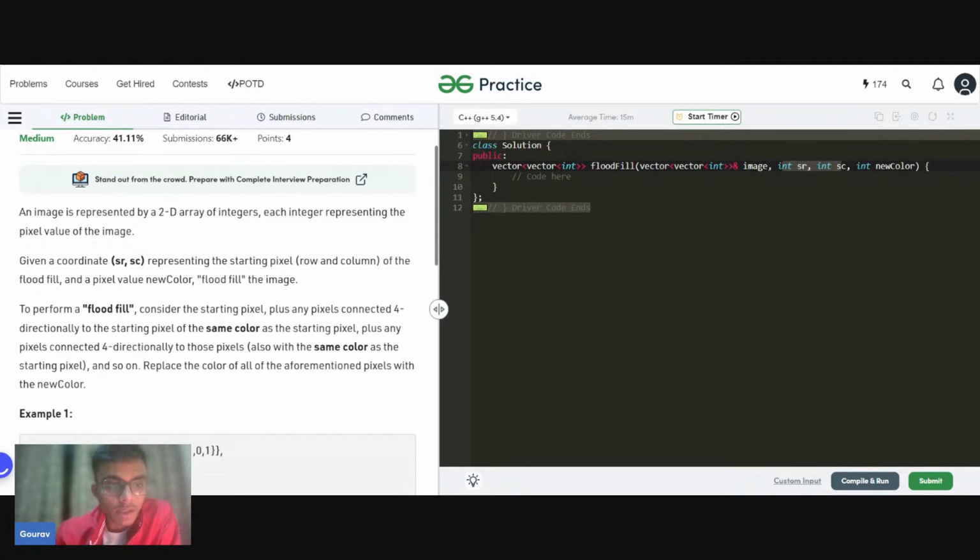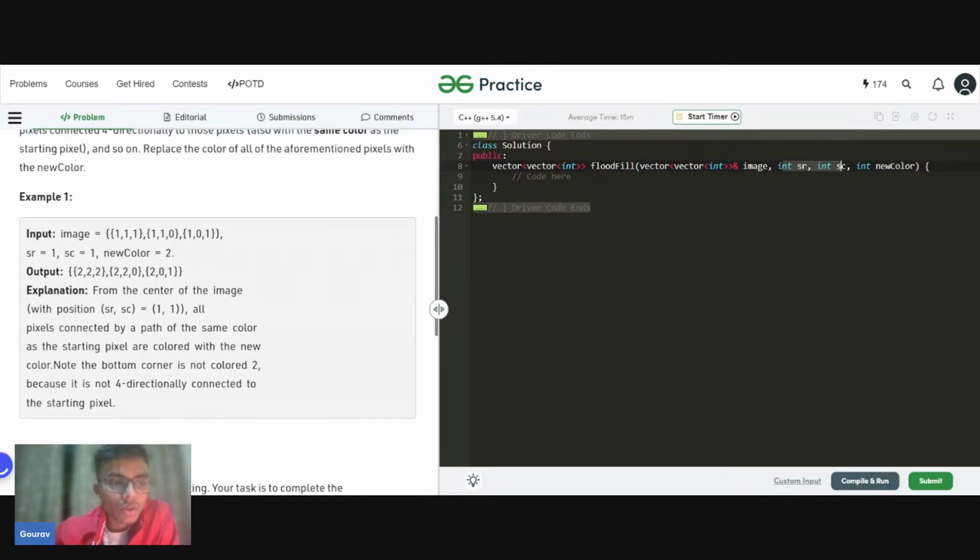So if they are of the same color, we will replace the color of all the aforementioned pixels with the new color. So let's say I am standing at a pixel of color 2, and I will check all the four directions, and I'm able to find a few pixels of color 2 itself. So what will I do? I will change both of those colors to color 3, if color 3 is the new color. So this is what we will do. Let us look into an example and try to understand this. We will just take the first example. So let me write the first example on my screen. The first example: 1 1 1, 1 1 0, and 1 0 1.